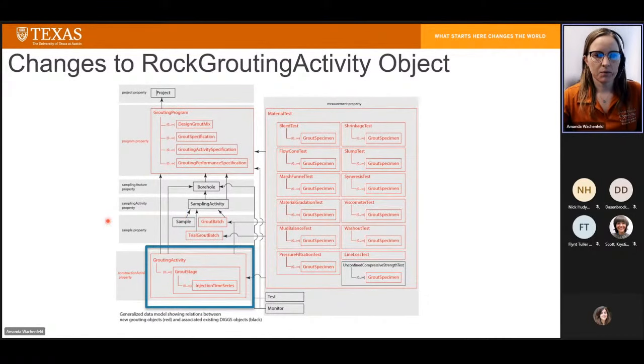So one of the main changes we made was to the rock grouting activity object, which falls under our construction activity property. So this includes all information related to a grouting activity, so general information, grout stage information, which is the range of depths that you are grouting at a specific time, and then the injection time series information. So originally this was just called rock grouting activity because it was the only grouting that was in DIGGS, and we replaced it to just be grouting activity, and we slightly modified the